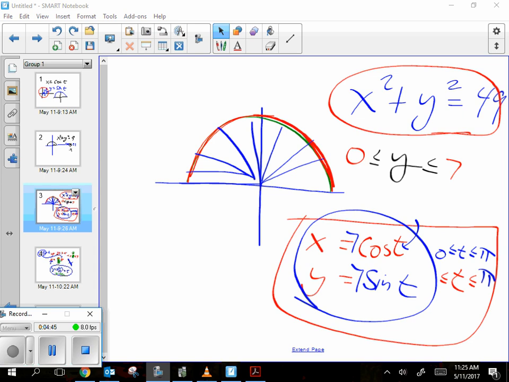All right, I think that's enough on that one. So you're getting the connection that sine and cosine can give you a circle, right? All right,